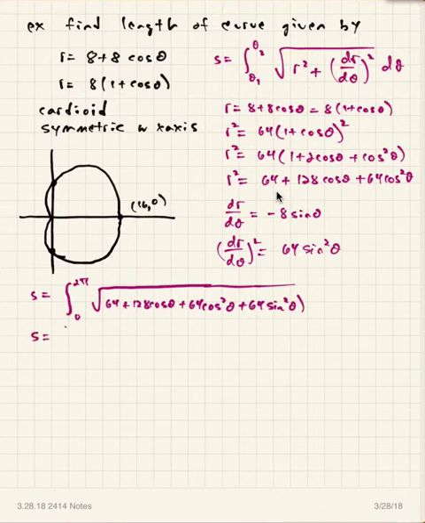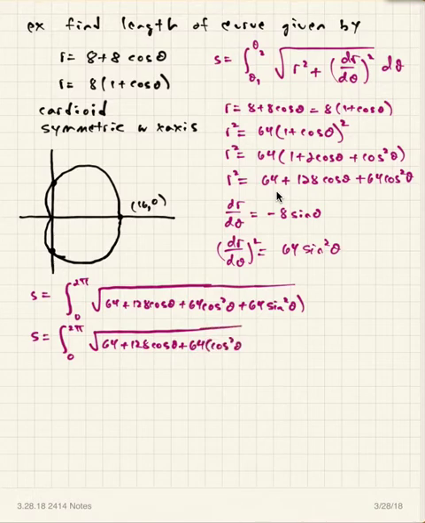Now notice, if you're observant here, there's quite a bit of simplifying that we can do. You have the square root of 64 plus 128 cosine theta. And those last two terms I factor out as 64, and I'm left with cosine squared theta plus sine squared theta, and that is 1. And so that just leaves me with a 64 right there. And so this simplifies quite a bit. You end up with the square root of 128